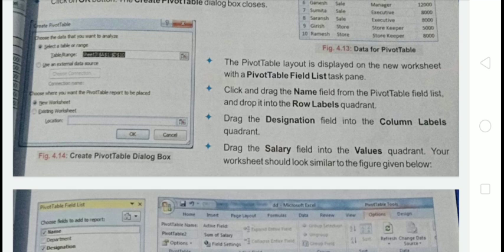Click and drag the name field from the pivot table field list and drop it into the row labels quadrant. Drag the designation field into the column labels quadrant. Drag the salary field into the values quadrant. Your worksheet should look similar to the figure given below.